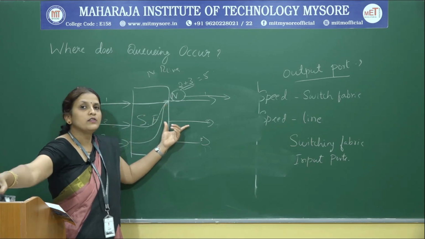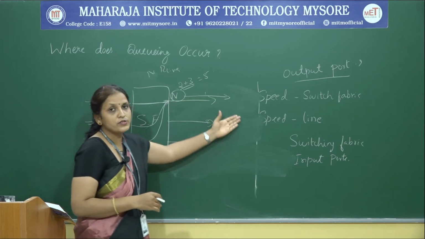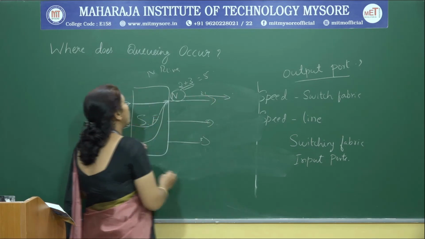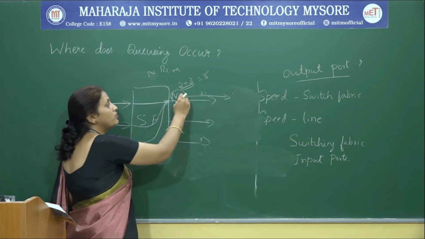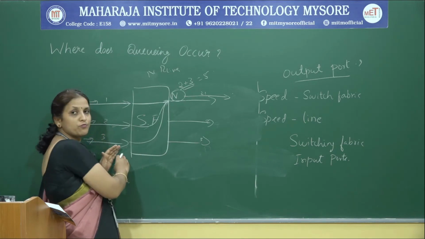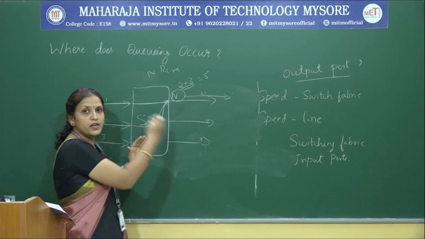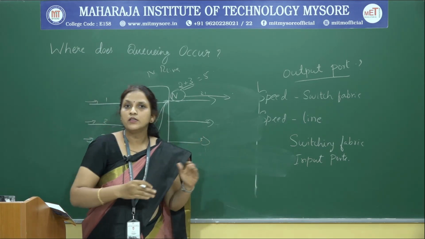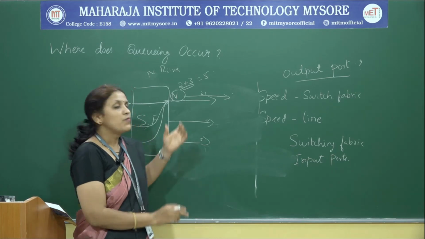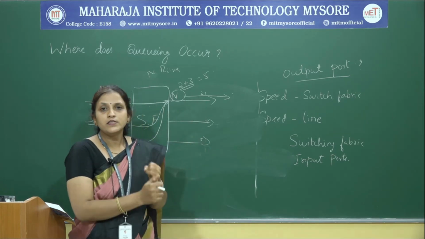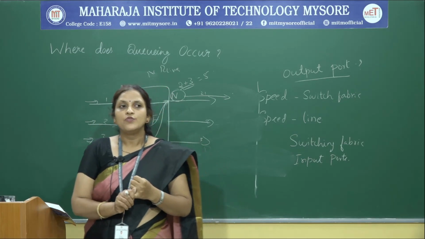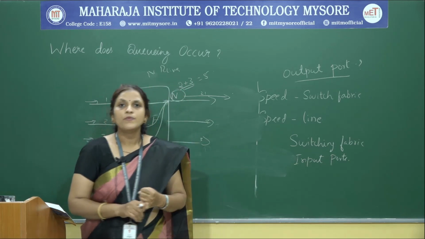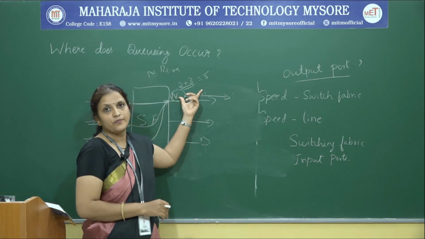What will happen when this grows? As time elapses, by the time it serves the next packet, once again we will have the next bunch of packets arriving from different input ports to the same output port. Again the accumulation grows. When this grows on, what will happen? It will result in memory exhaustion, right? When memory gets exhausted, there is a need to decide whether to drop a newly arriving packet or to drop the packets which are already queued here.